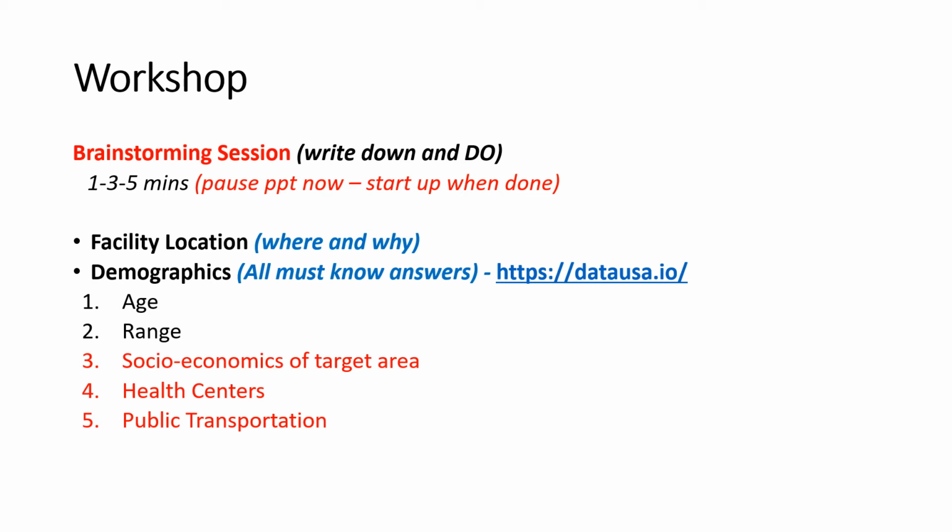Again, it's human nature with all of us. We want to have the path of least resistance to go do either the workout or to get the medical health attention we need. So look at that. You also want to look at the socioeconomics. They should fit and align with that. Good example is if you're a sports performance facility that's working with high school kids training for college, then you would want to pick an area that's got within that range, that 20-mile circle, where there's high schools that are going to have the economics to pay for that sports performance.